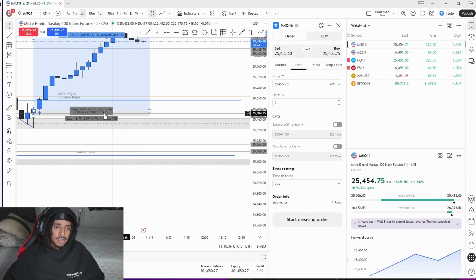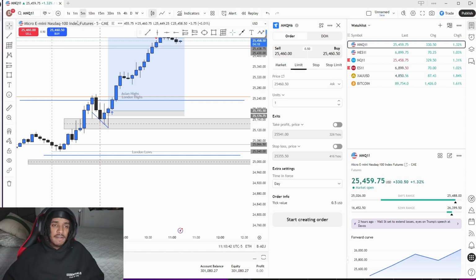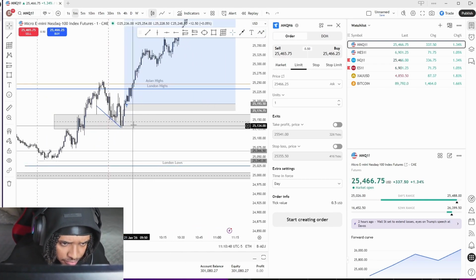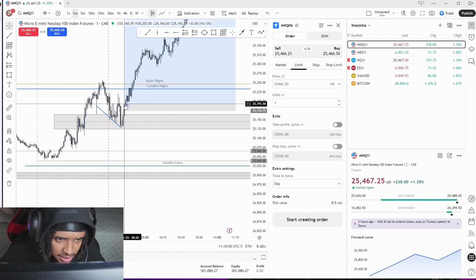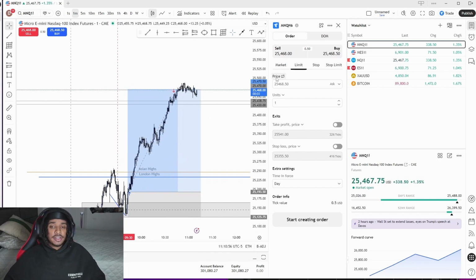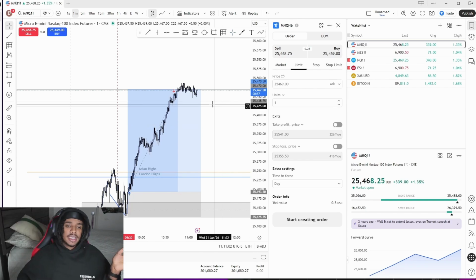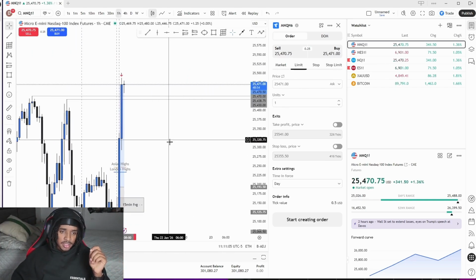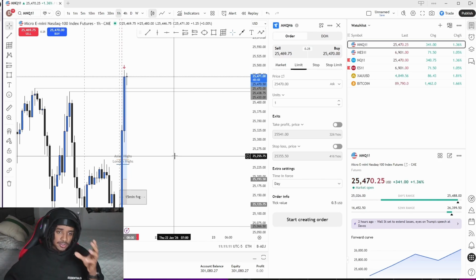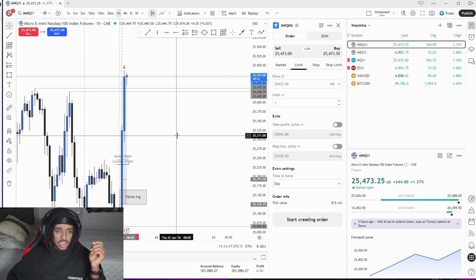It got tapped. On the 5-minute, I was waiting for a bearish. I could have entered right here, but I was like, nah, not that. What happened? Boom. We see this disrespect this. Put my entry from there. Stop loss right here. I had no stop loss for this because I don't know how Trade Avoid works on TradingView, but I think I know now. Anyways, I was gonna put 4 contracts, but I ended up putting 2 contracts, and it was too late to add more. Anyways, the first one I could have taken right here. I didn't. I could have taken it right there.